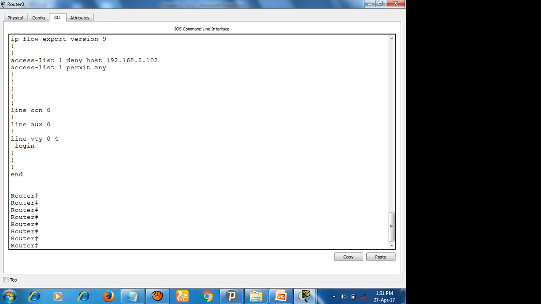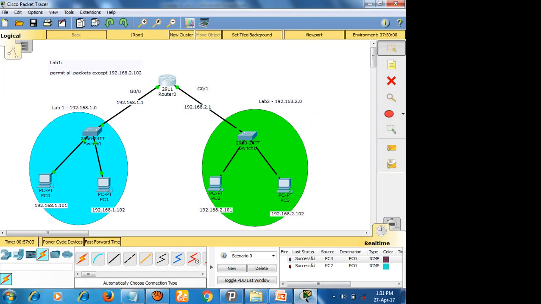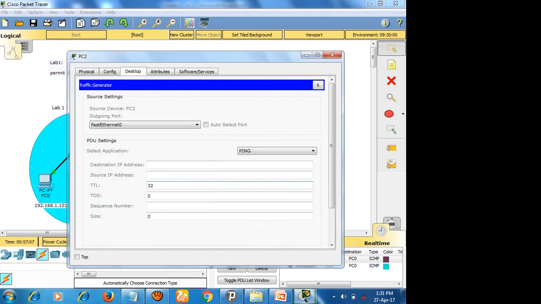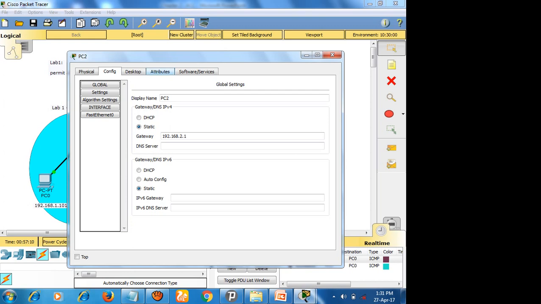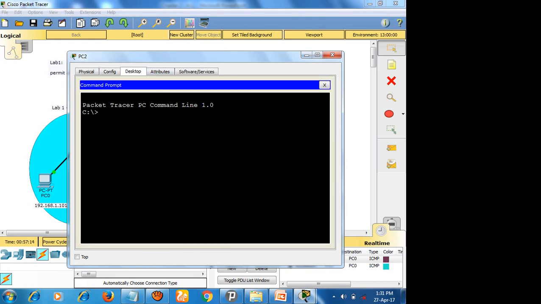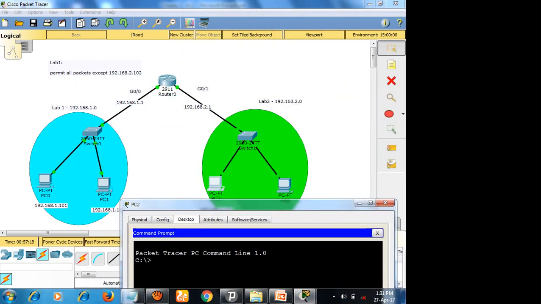And look at this. I just created an access list, and now we will check the packets, right? So for an example, look at here. I'm going to ping from PC2 of the 2.0 network to the 1.0 network, right?